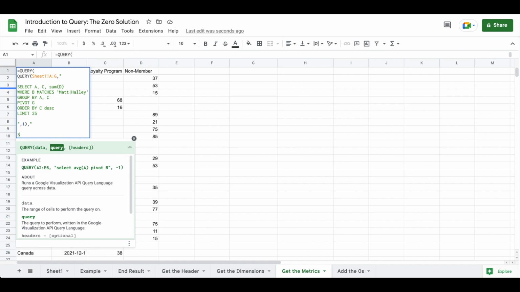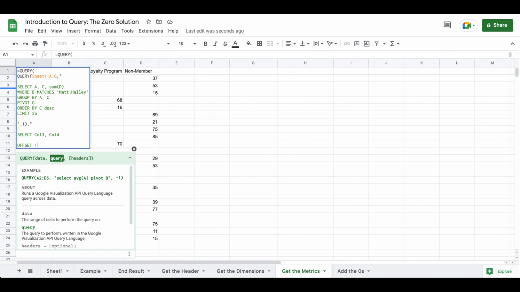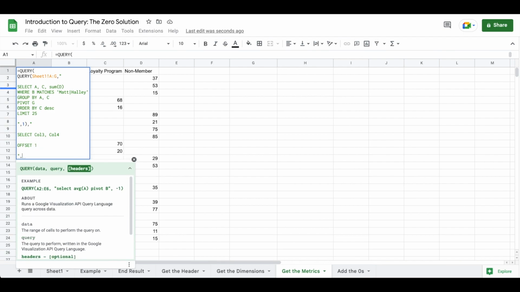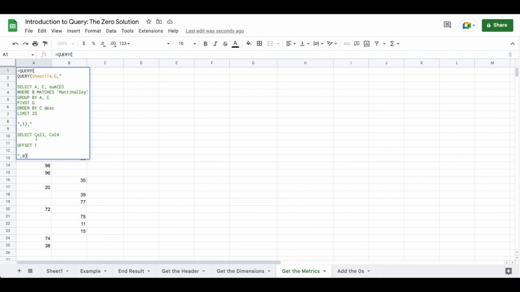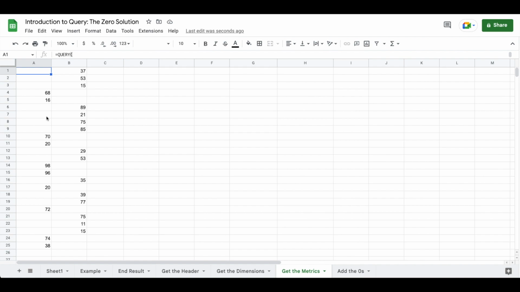So we will select column 3 and column 4, and we will offset by 1. We will double quote and we will do a 0. You saw I did a 1 because that's a habit of mine, and we will hit enter. And now you can see we've isolated just the data points. And again, the reason that we are selecting column 3 and column 4 is because these are the numbers. And these are the columns that we want to add zeros to. So what we've done